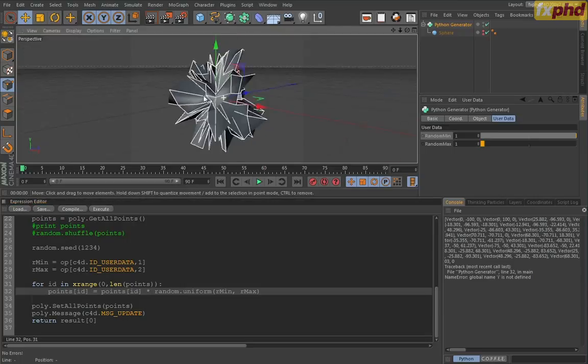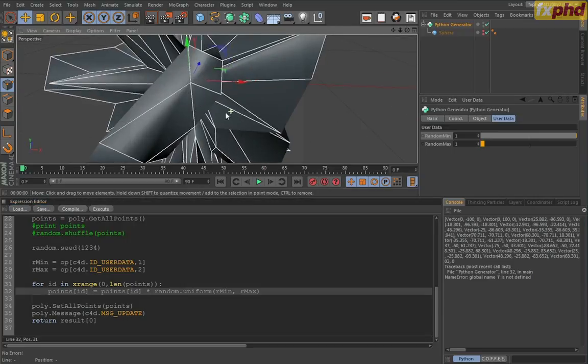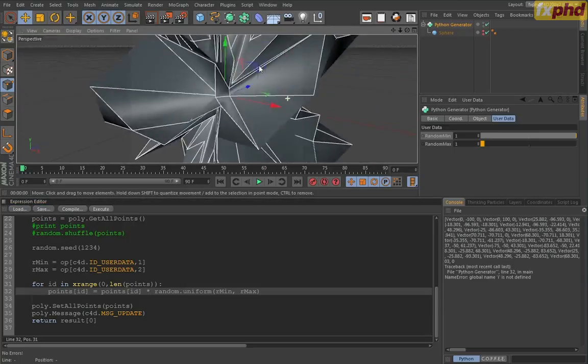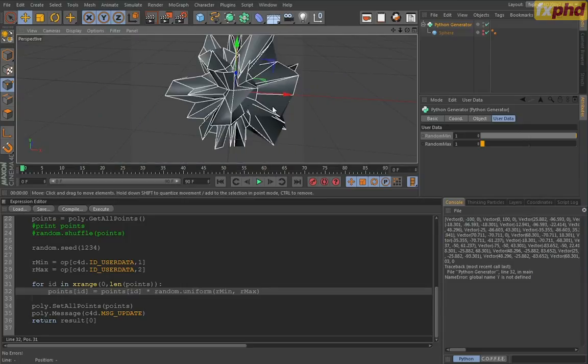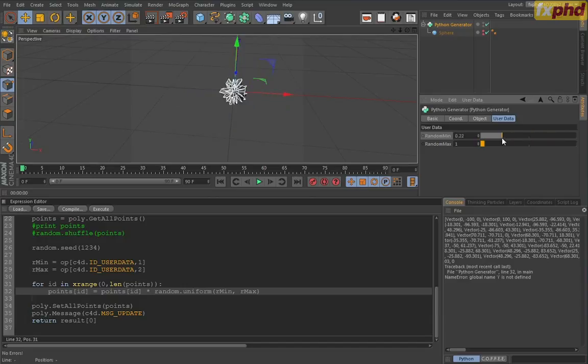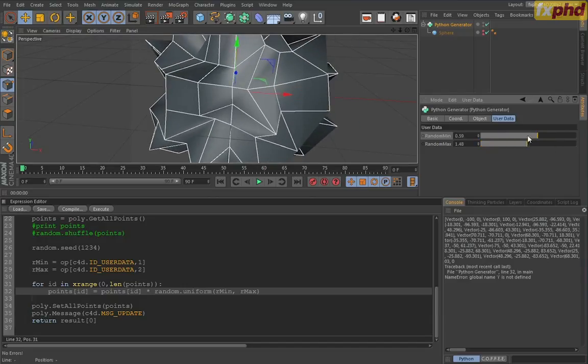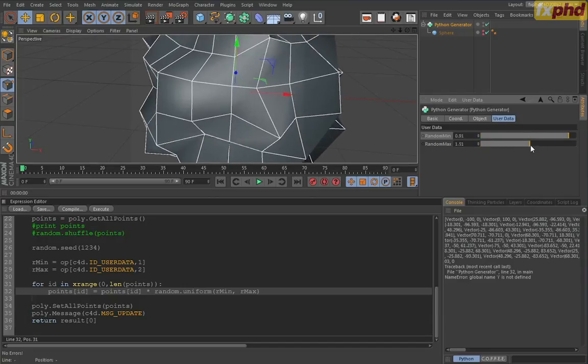Now this looks interesting. First of all, notice all the points or the polygons are still attached to each other. That's because we didn't change the order of the points, we just changed the position of the points. And now if I change these values, you see that we get